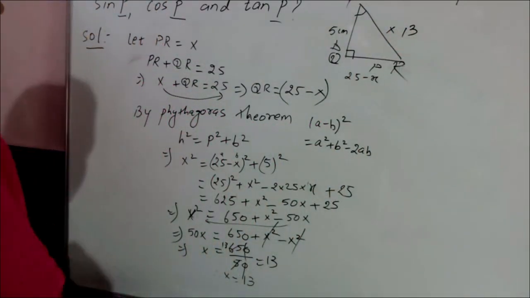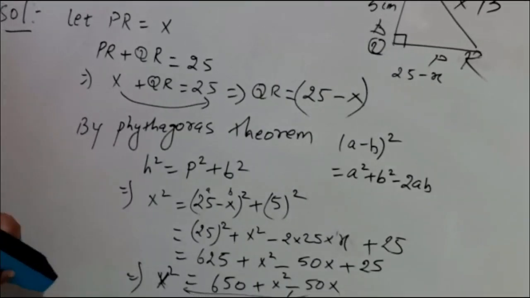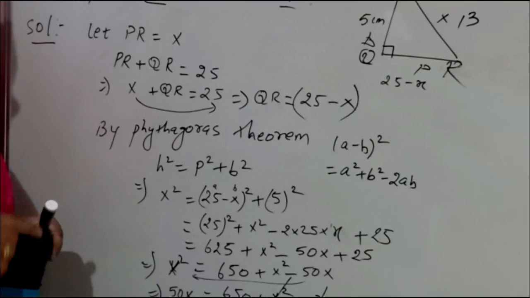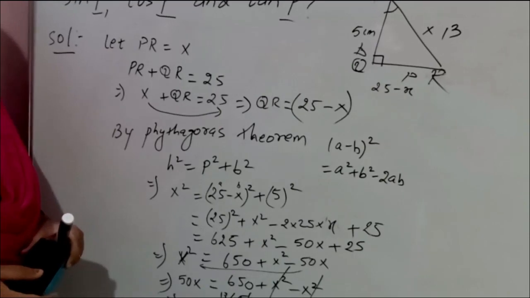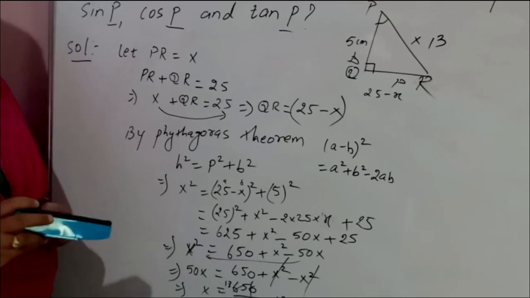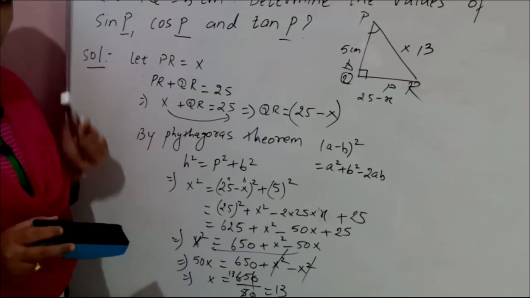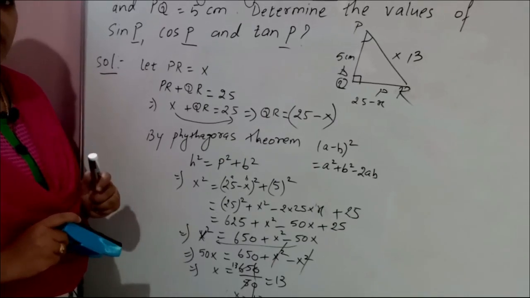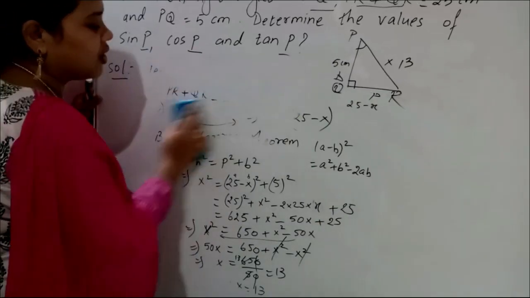Write it down fast. One more thing I want to tell you, children. Suppose you are writing and the time is not sufficient, what do you do? Pause the video and first complete writing. After writing, you can continue the video. You must write the notes at that time. Every video you have to see 2-3 times, and while seeing the video you have to write. Pause the video, write down what is written on the board, and then continue. So we got x equal to 13.